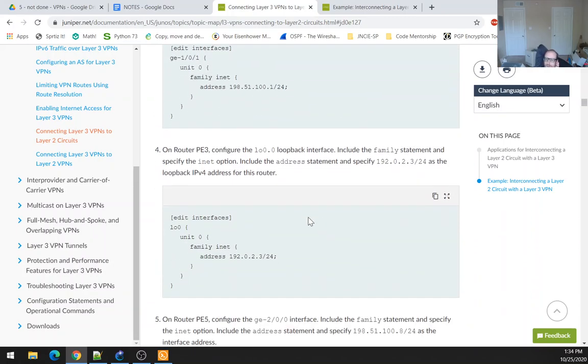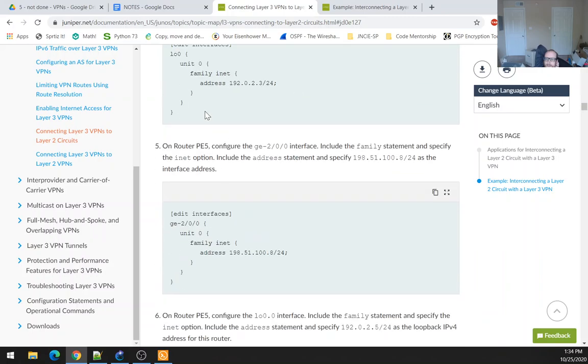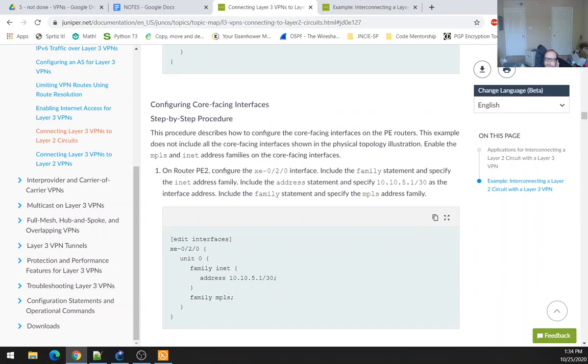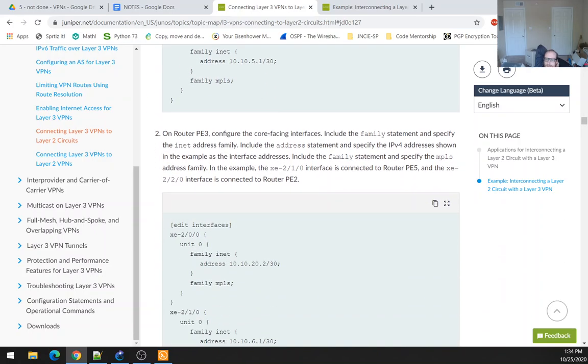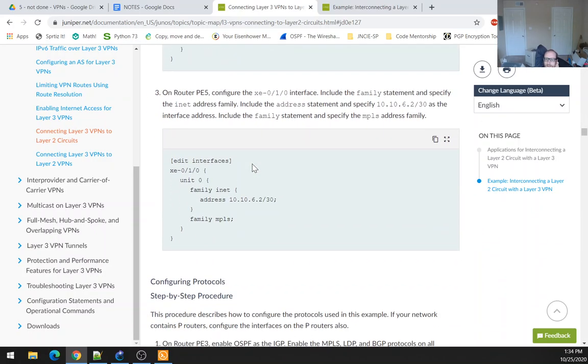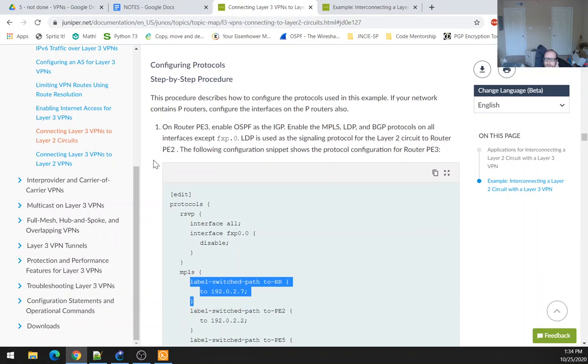Okay, so this week I've got more of an understanding. We already did all that, so I'll just skip down to the next step, which is configuring the core facing interfaces. This we've already got set up as well. So the next step is going to be protocols, and we're going to use